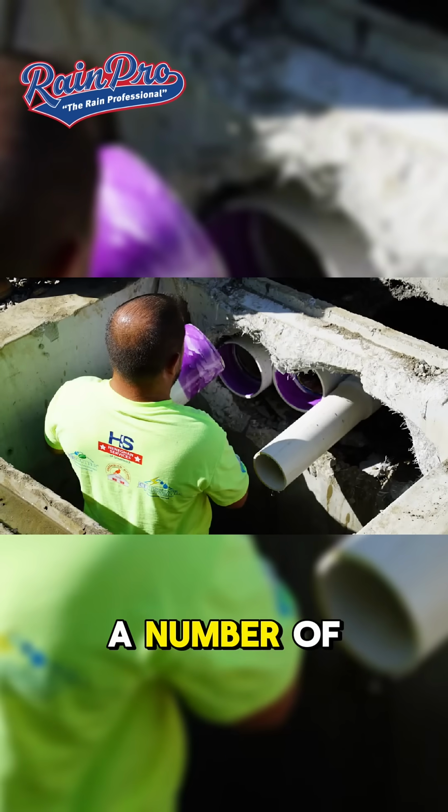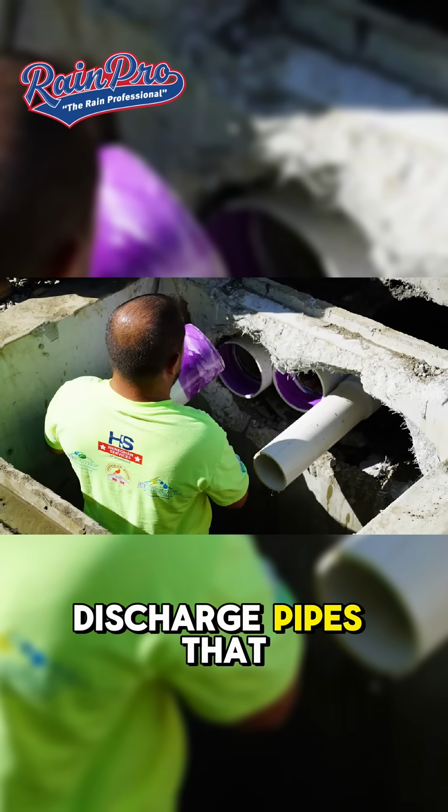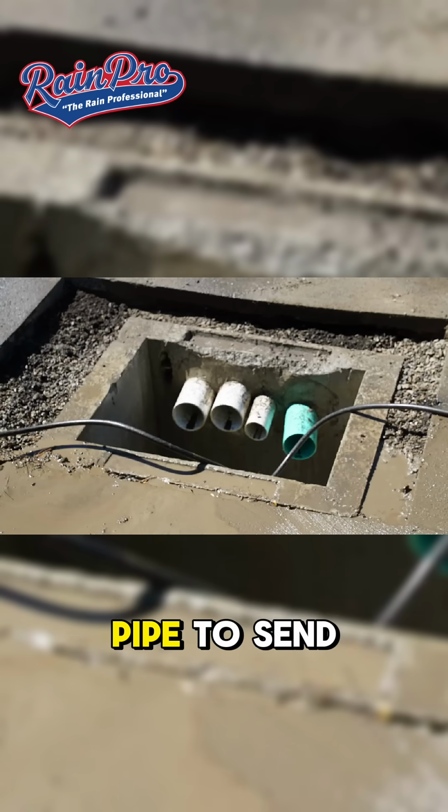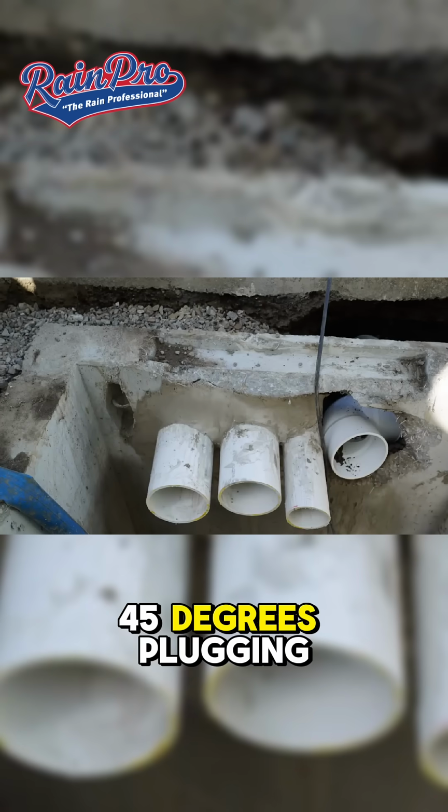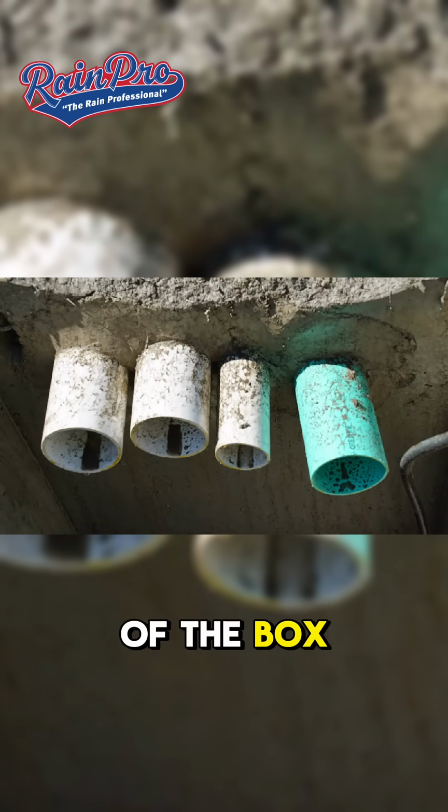We also have a number of discharge pipes that enter this basin and an outflow pipe to send the water out. A little bit complicated. Things were on 45 degrees, plugging into different facets of the box, so we had to do a lot of customization. We were able to knock it out. Everything looks great, and now we have